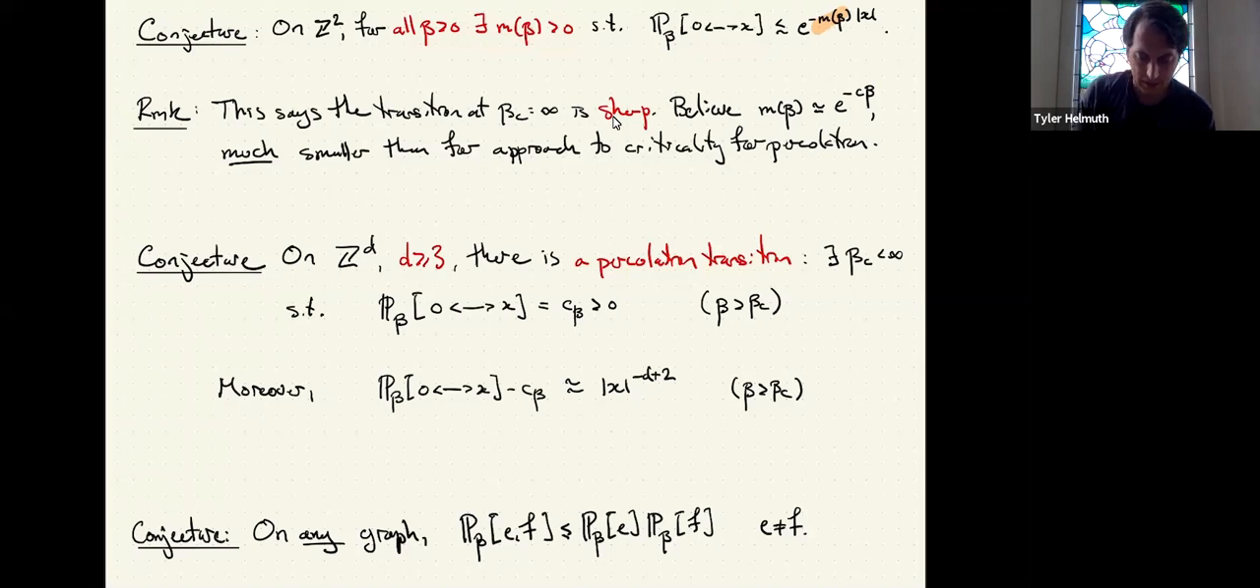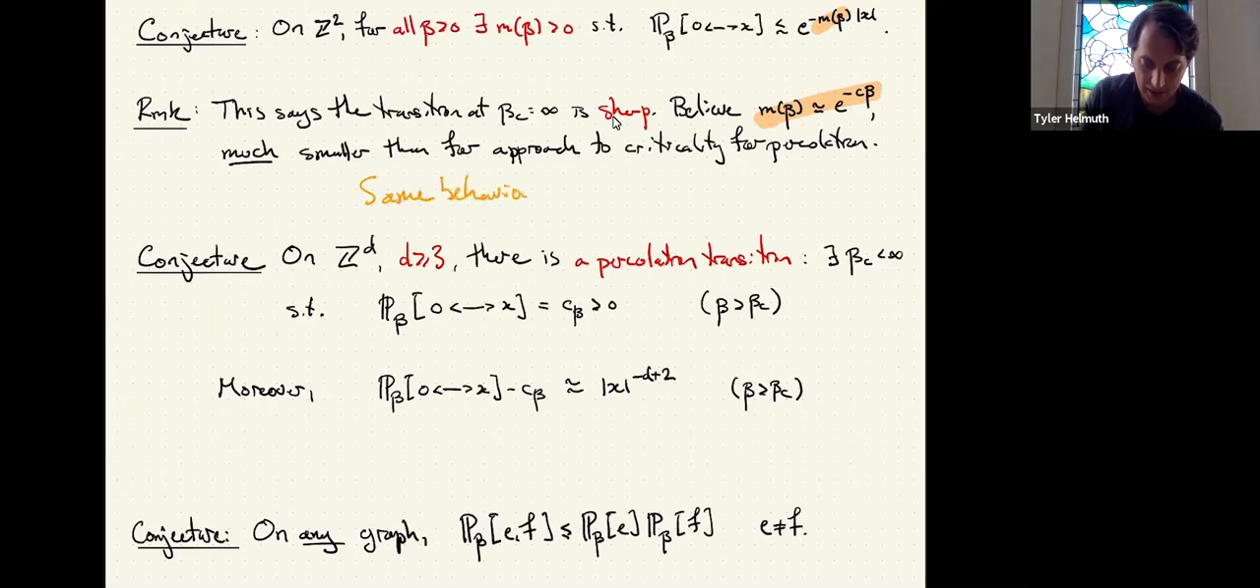If you like, this says that the phase transition at beta c equals infinity is sharp. And there's something quite subtle going on here, actually, because we think that this correlation length is exponentially small in beta, which is much smaller than if you go towards the critical point in something like bond percolation. So I don't want to get derailed into this, so let me just say that the reason that this is very interesting